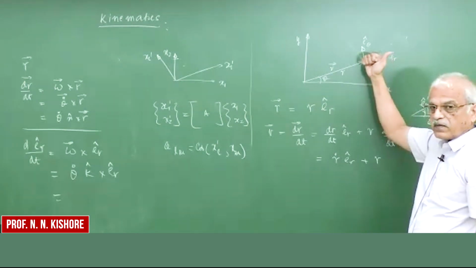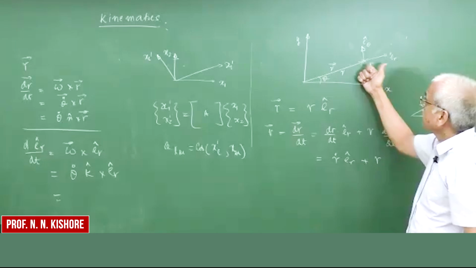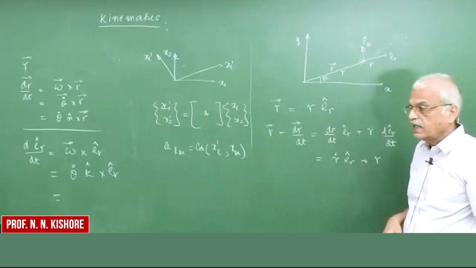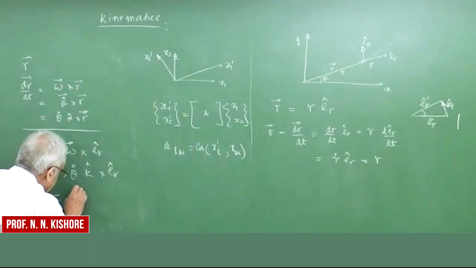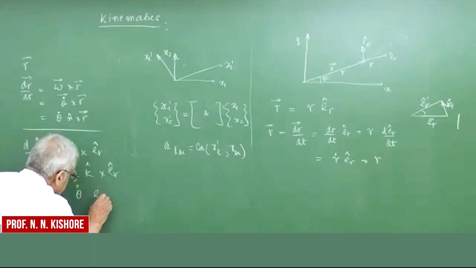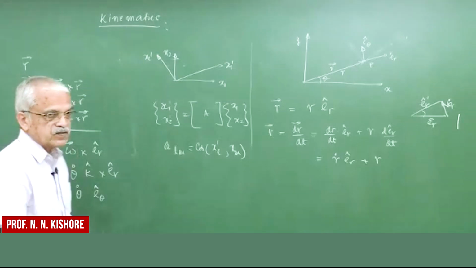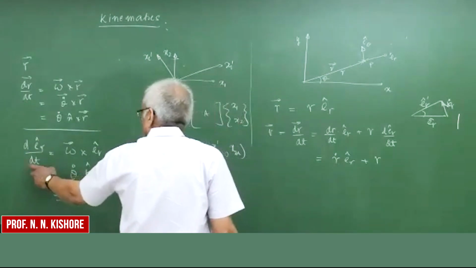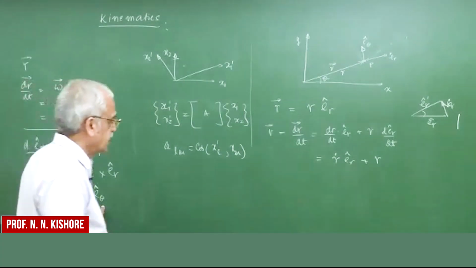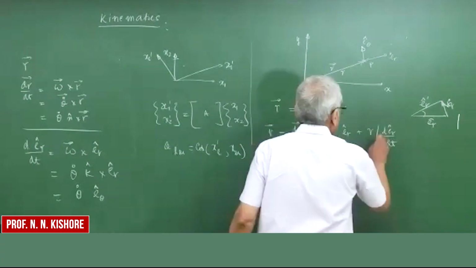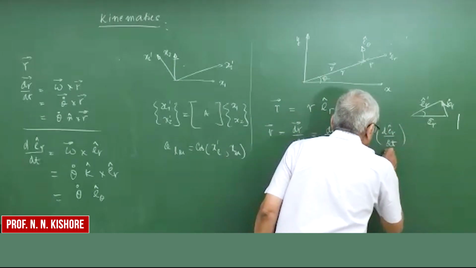If you rotate k in a right hand screw, then it will be moving in the direction of e theta. So this k cross er is nothing but e theta, giving theta dot e theta. Understand? That is the important part. d/dt of er is nothing but theta dot e theta. So here, in this place now I put,